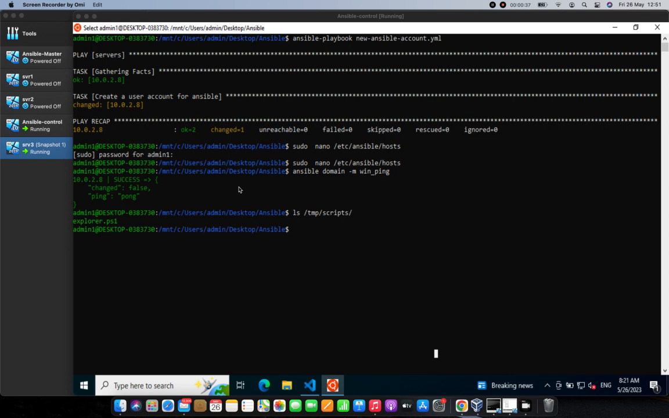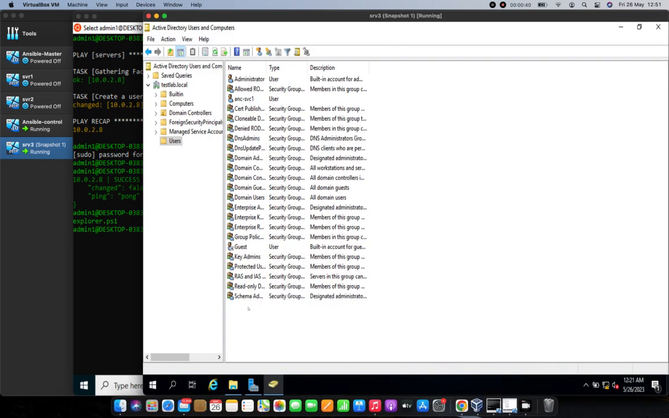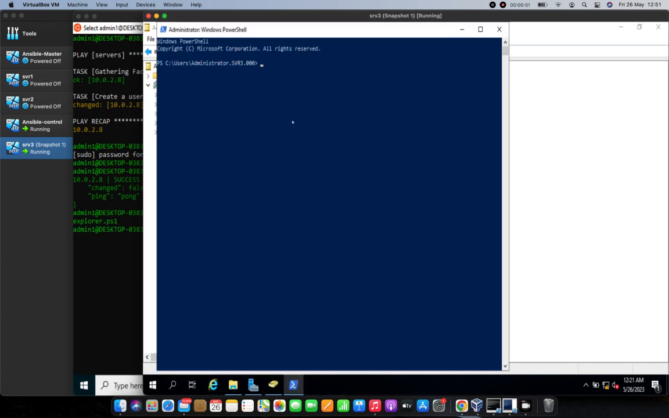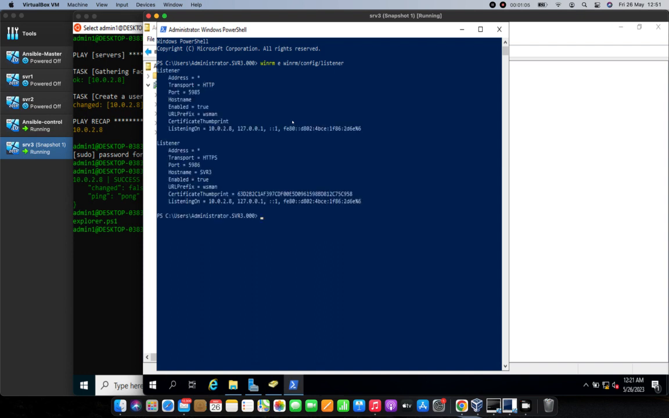So let's begin. Before we begin, let's quickly check what our objective is. So let me open PowerShell on the member server or the domain controller. We'll quickly check the current WinRM settings. Okay, so we have both HTTP and HTTPS listener enabled. So our objective is we will disable the HTTP,